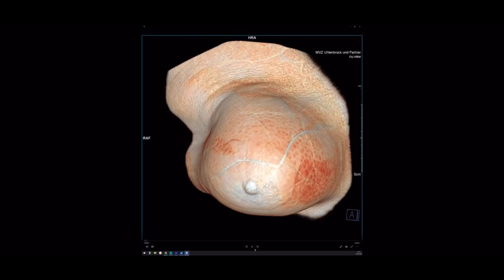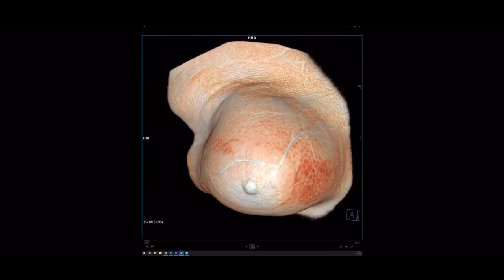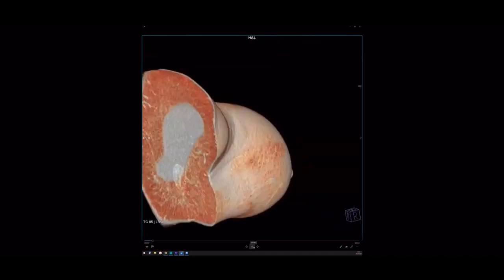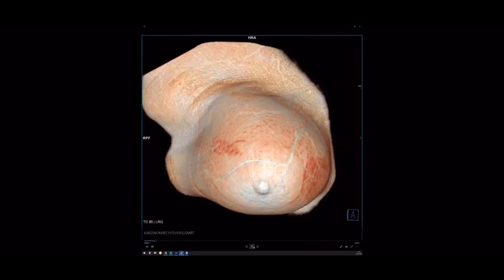The whole examination with contrast is done in less than 5 minutes for both breasts, and the dosage you come out with is the same as you are producing with a plain mammography in 2 views. So starting with the VRT, you see the rotation in every direction,